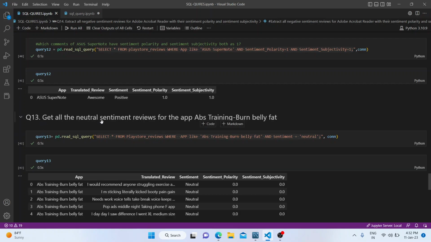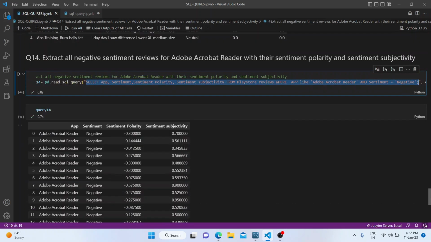Get all the neutral sentiment reviews for the app ABS Training Burn Belly Fat. So this is the result. Next, extract all negative sentiment reviews for Adobe Reader with their sentiment polarity and sentiment subjectivity. So this is my last query.